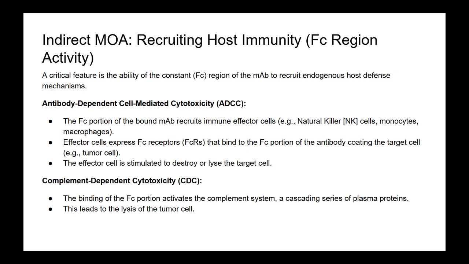Membrane attack complex. Sounds dramatic. It is. The MAC essentially punches holes in the membrane of the target cell, leading directly to cell lysis. The cell breaks apart and dies. The CH2 domain within the Fc region of the IgG antibody is often critical for initiating this complement cascade. So two powerful ways the antibody tail can recruit the body's defenses: bringing in killer cells, ADCC, or triggering this hole-punching complement system, CDC. Exactly.